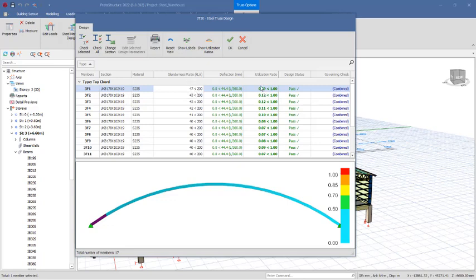also has the highest utilization ratio. It's 0.39, all other ones are smaller, meaning there is not much load over here. You can see the design status over there as passed. If you want to show the utilization ratio on the steel